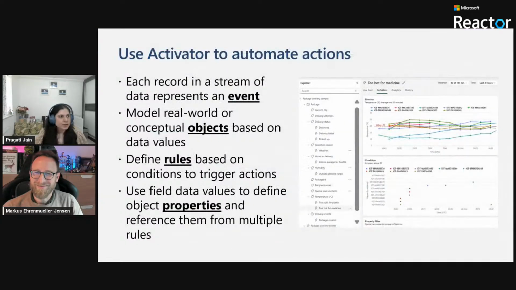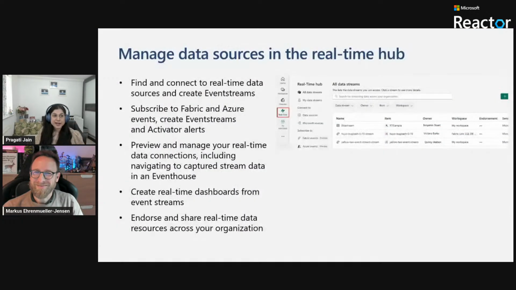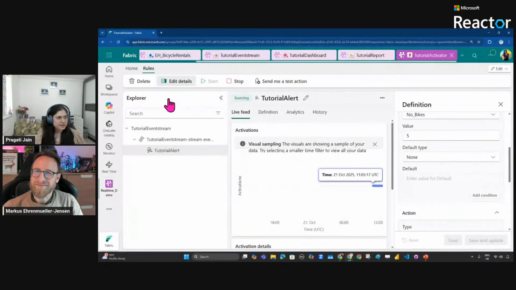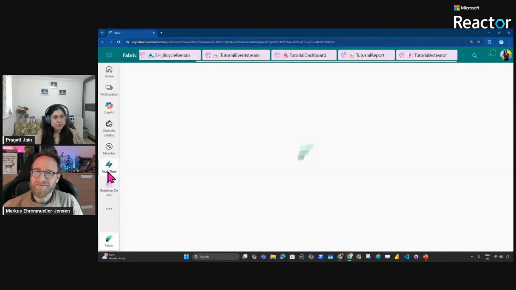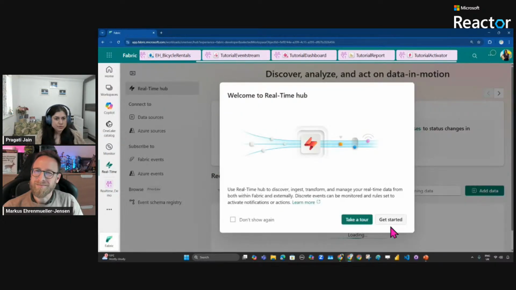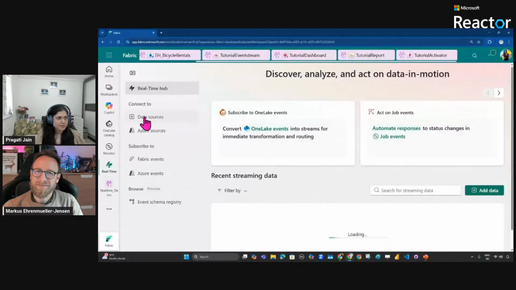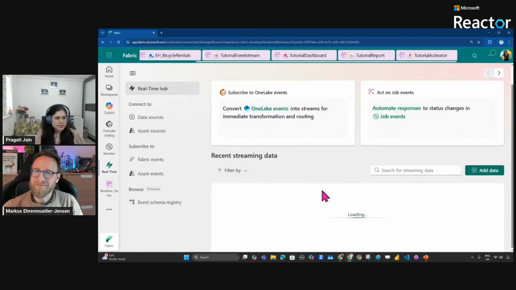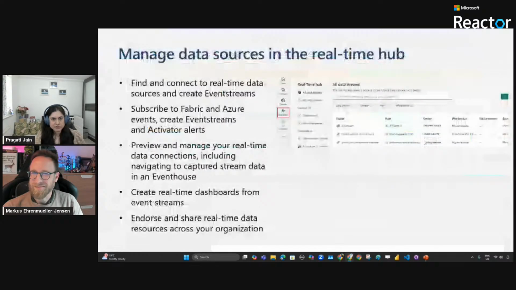Yeah. And then when it comes to managing your data sources in Real-Time Hub, there is a direct tab given to you. If you go to your Fabric environment, there's something called Real-Time. If you go to that Real-Time, it will show you all the resources you have created using Real-Time capabilities. And from there, you can manage those sources very easily. For example, if I want to see data sources or Fabric environments, it will show me all the recent streaming elements that I've created within my workspace. I'll just better show it to you in the deck because it's taking time to load.